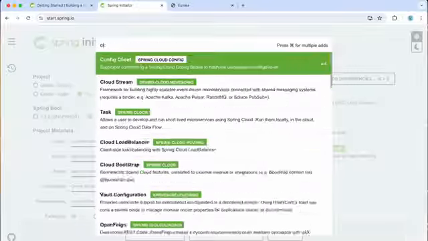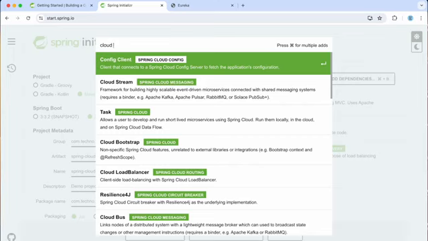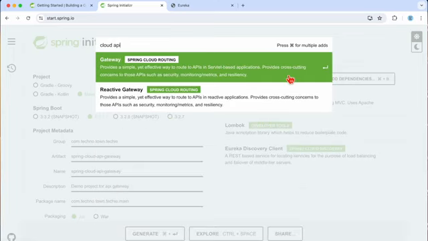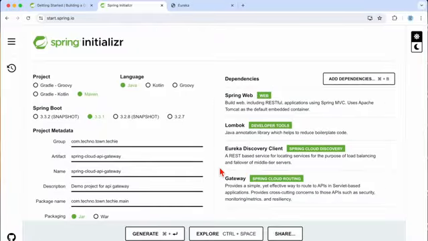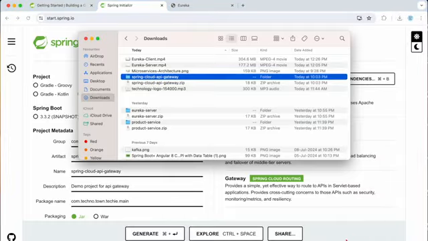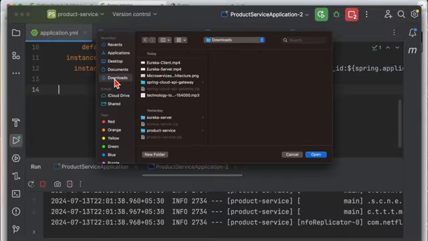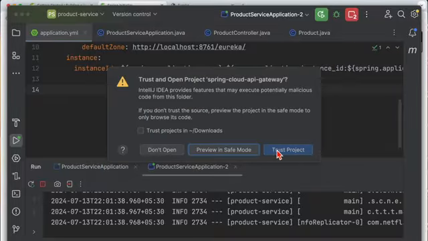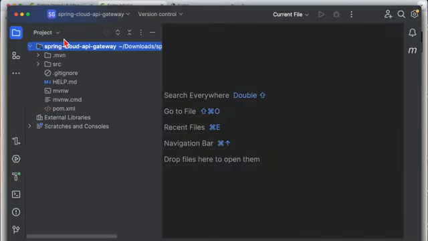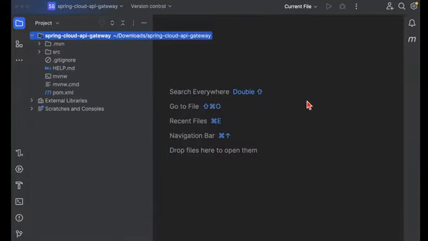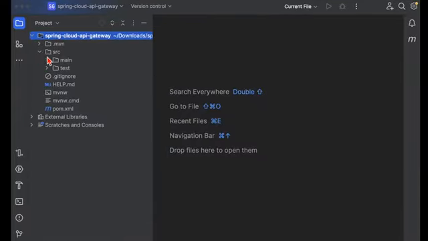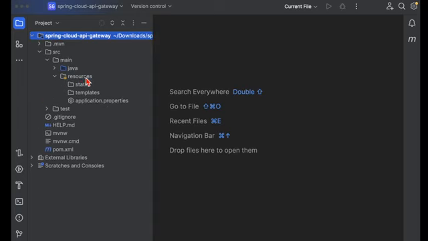Apart from this, we need the cloud API gateway dependency as well. Let's take this and generate this project, and let's unzip it. Then go back to our IntelliJ, and let's open this project in IntelliJ here. Let's go back to our resources here, and let's create